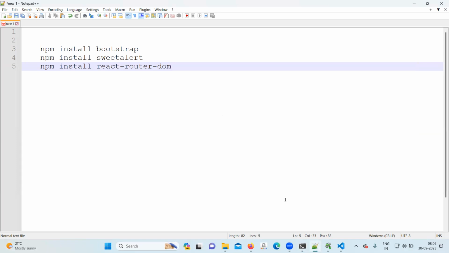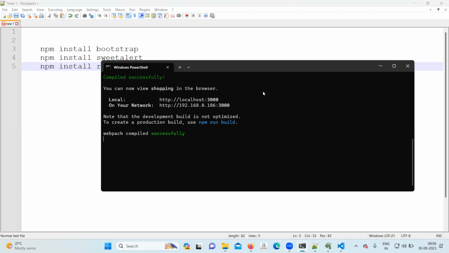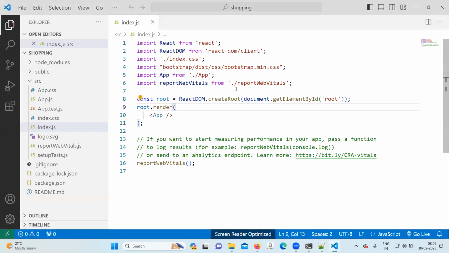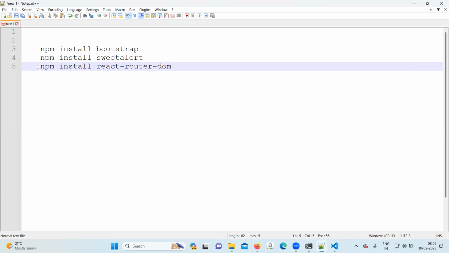Okay. So this installation part is completed for everyone. These are all the basic things that we have done already. At least the other installation we have not done, but the last installation we have done: npm install react-router-dom. That should not be the problem of installation and linking in the App.js file.